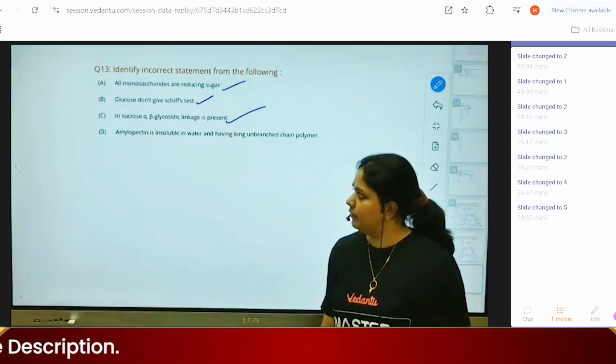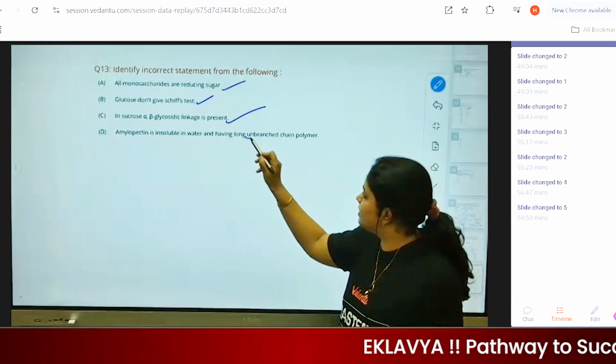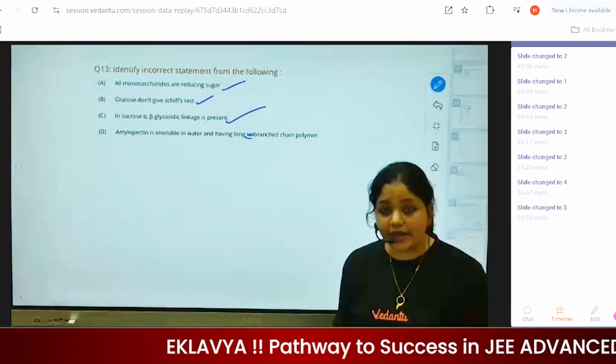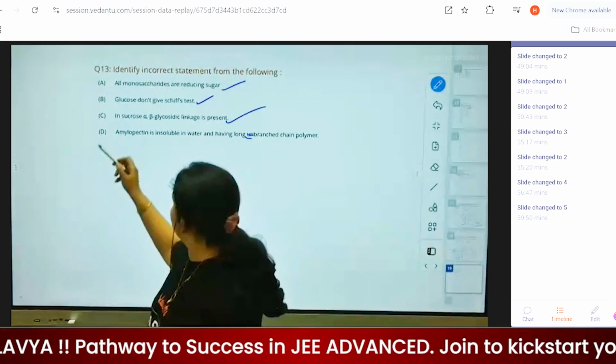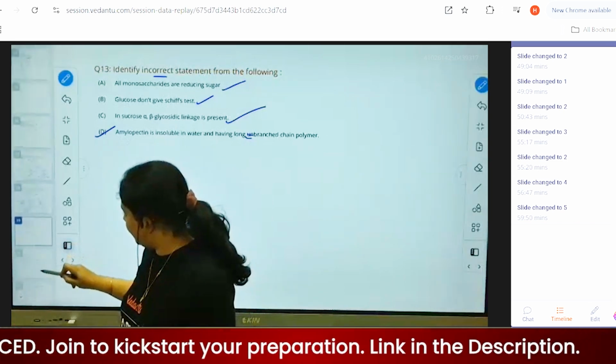Amylopectin is insoluble in water. This is also correct. And having long unbranched chains? No, this is not unbranched, but rather this is a branched chain polymer. So the incorrect option here is D. Moving further,